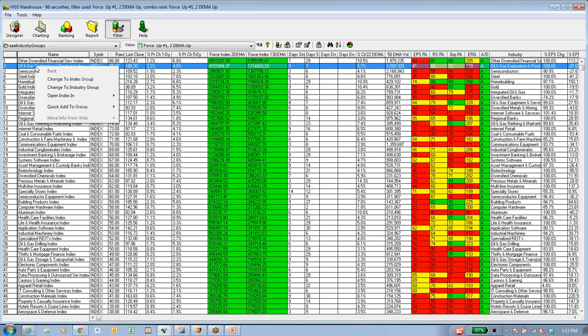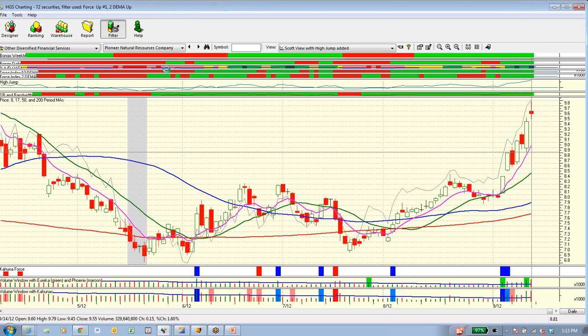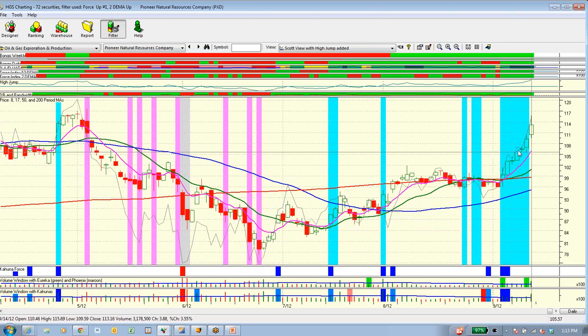Oil and gas exploration, a very strong move, up 5% for the week, changed index group. Well, sometimes you're just lucky. I think this is the one that I looked at last week, Pioneer, 1, 2, 3, 4, 5. And yeah, I liked this one last week because unlike most of these stocks that were deeply below the 200-day moving average, this one had just jumped above it, had kahunas, 1, 2, 3, 4.